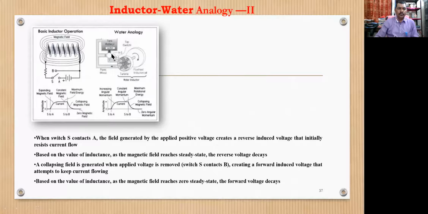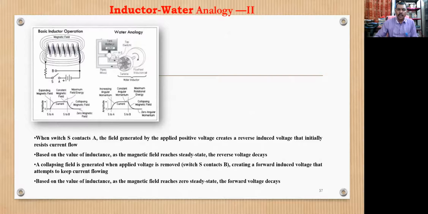So here, if you are able to see this basic inductor operation, what we are going to do is connect this with a supply, positive and negative. So this is actually called as a DC voltage source, right? So DC means which is a direct current, which is not changing, which is continuous, which is at a particular level. If I say this is at a 5 volt voltage, then it will remain at 5 volt voltage with respect to time. It is not going to change, right? Now that particular is called as AC voltage.